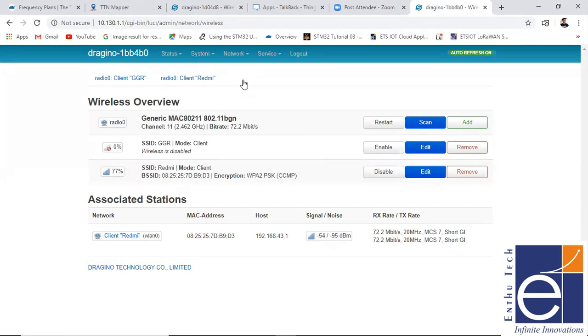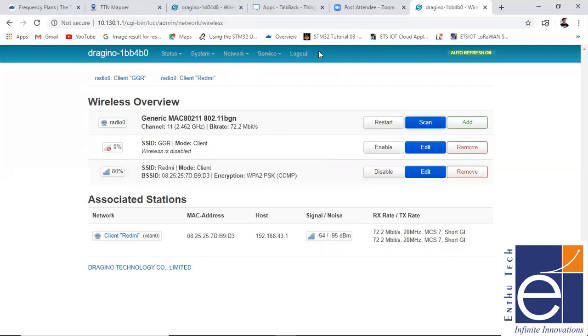The rest of the things you can get from our Entutech YouTube channel, where you can find the video on how to configure the SIM, the different types of SIM like Airtel and Jio. Those details you can get from our YouTube channel itself. Okay, so let me show how to configure the gateway here with wireless Wi-Fi.